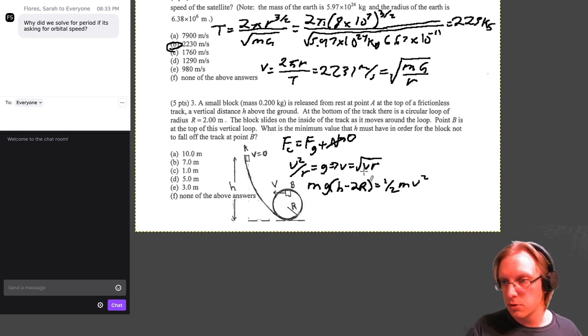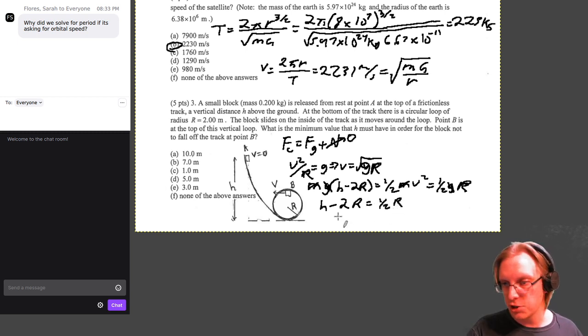And plug in. This is GR. There we are, right? So this becomes 1/2. Oh, and the m's cancel. M goes away, M goes away. And this becomes GR. And then this G cancels with this G. And these are the same R's. So make those all capital, that makes it a little easier. There we go. So now we have 1/2 R is equal to H minus 2R is equal to 1/2 R,